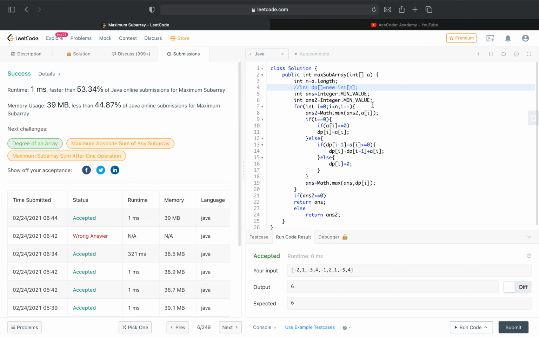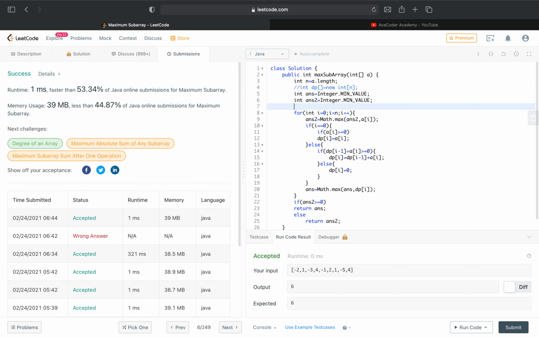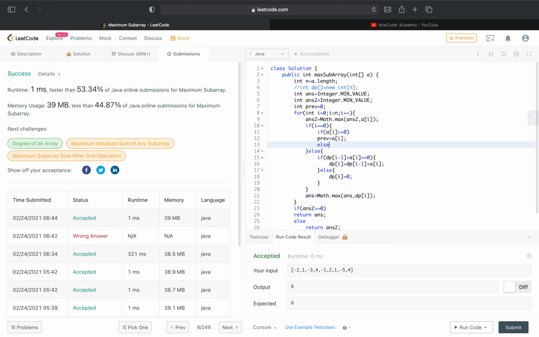Let's comment the dp array and make a variable previous, which will store dp of i minus 1. Here I will initialize previous is equal to a of i, else it will be 0 only.